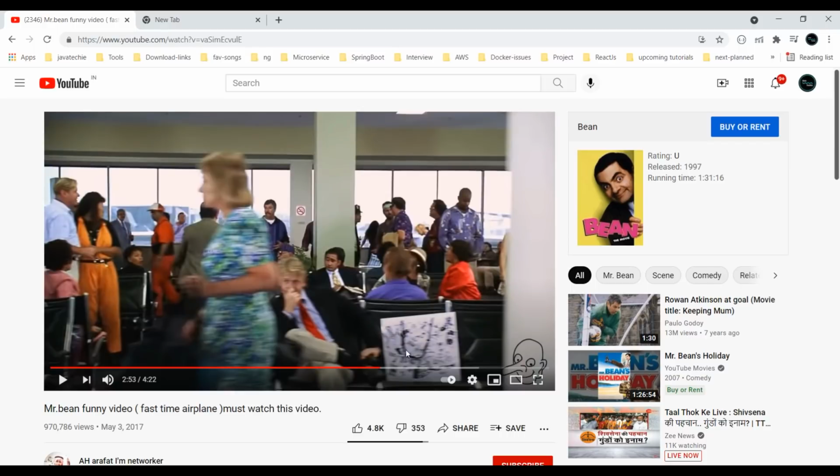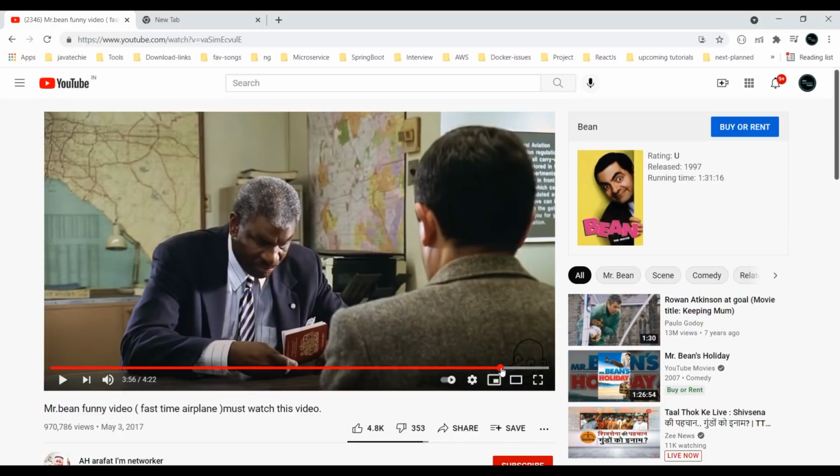For example, once again, let's say I just want to watch the video from here. Okay. So in that case, from 0 to this time duration, the byte content will not be loaded by YouTube. It will just load from the index where I clicked. From there, it will request the YouTube server to get the next chunk of video. So usually this is how Netflix, Amazon Prime, YouTube, or any other streaming platform keeps the user engaged with the video instead of having the user wait for the whole content to download.